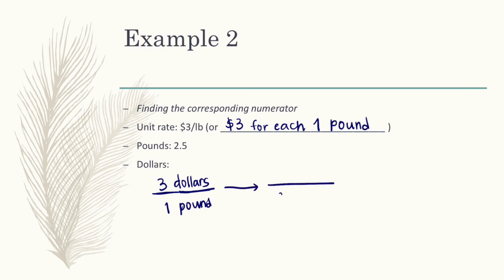And I know that we are going to get to 2.5 pounds. And this one is so nice because we know that 1 times literally anything in the world is going to be the other number. The other number is 2.5, so I know that I'm multiplying that by 2.5 to get there. So that means I have to multiply the top by 2.5 as well, and that comes out to be, what, 7.5,